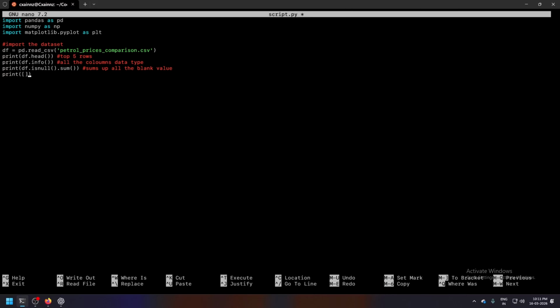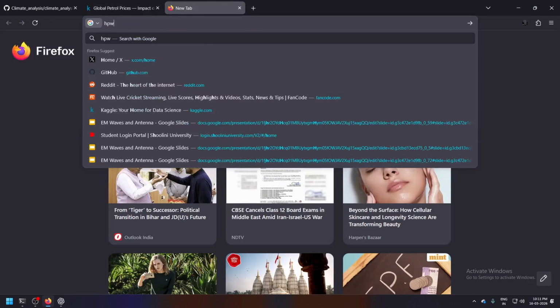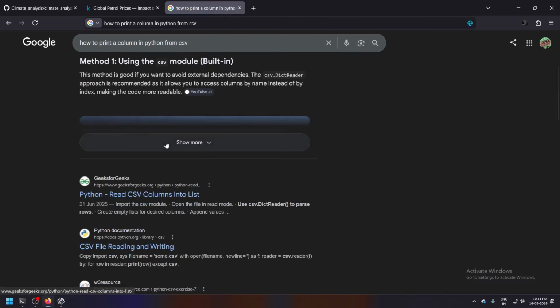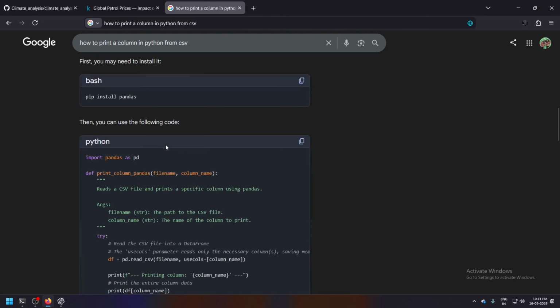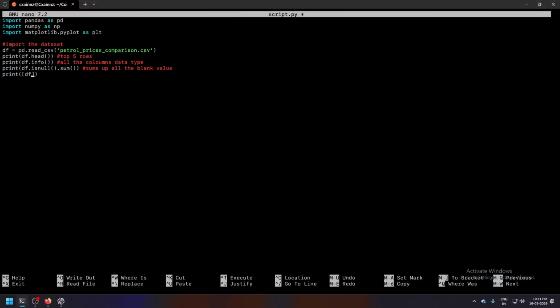When we have to print a particular column, we write print, then df, then square brackets and the column name.